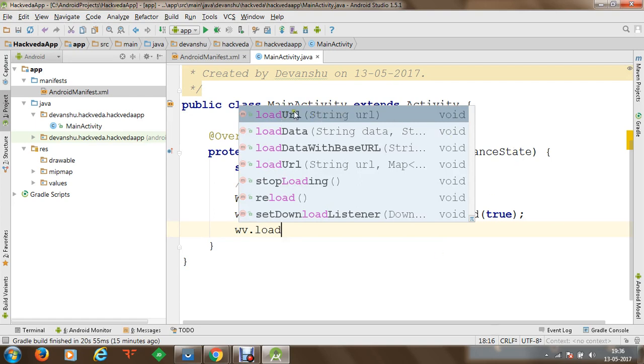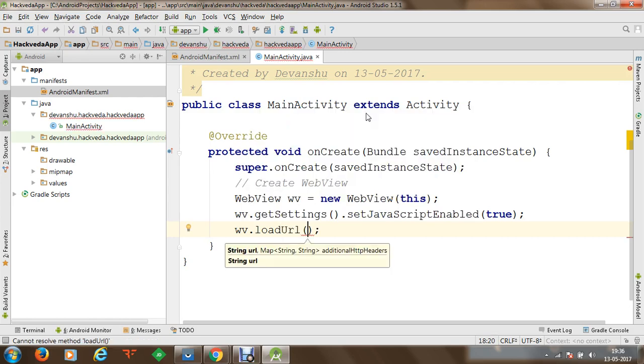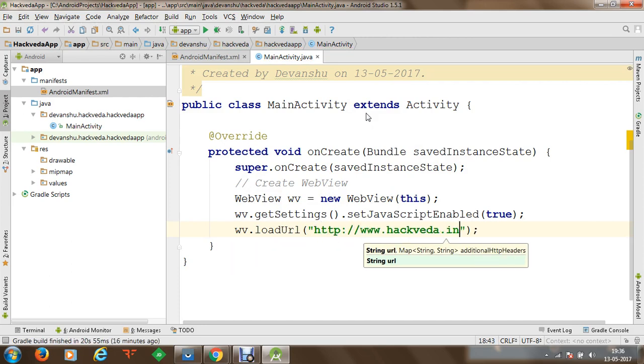And once you execute this load URL, it does not return any value because it's a void method, and it takes a string argument. This string argument should be the URL of the web page which you want to display. So once we click on load URL here, we have to specify the URL. The URL will be, let's say, hackweather.in. That's my website which I want to load within this web view,